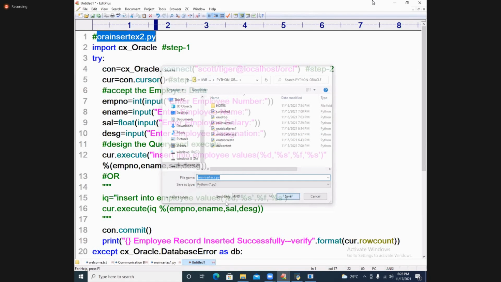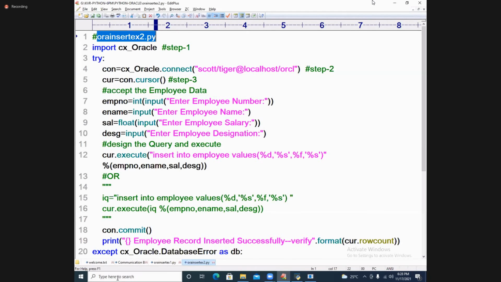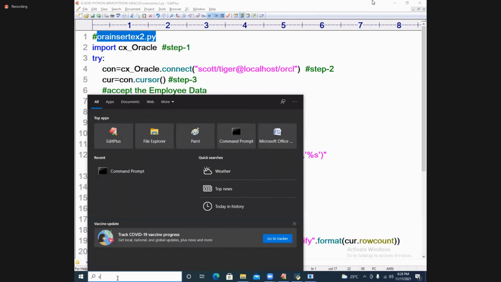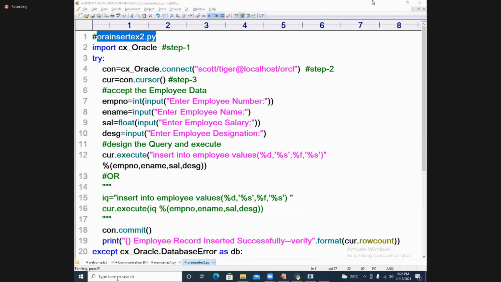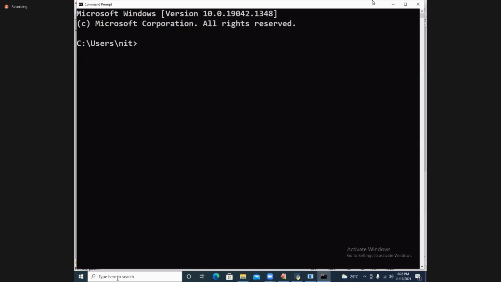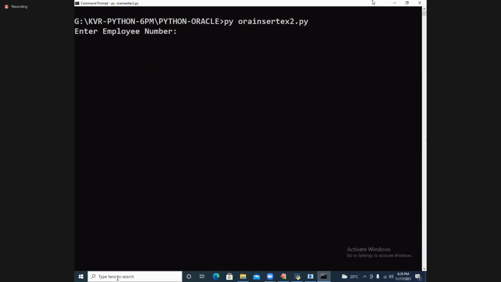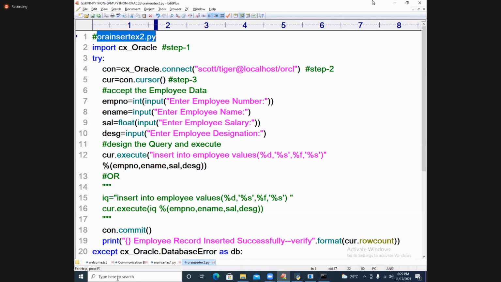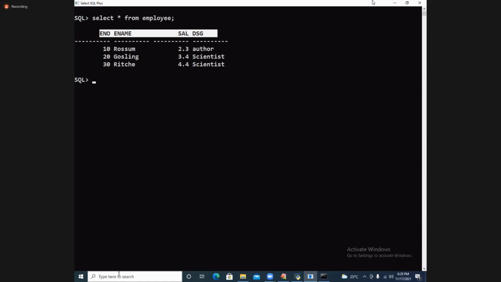Go to the command prompt, please. G:, cd KVR Python 6 p.m., cd Oracle Python, Oracle, py. See that it is asking: Enter the employee number. This is the data we have.